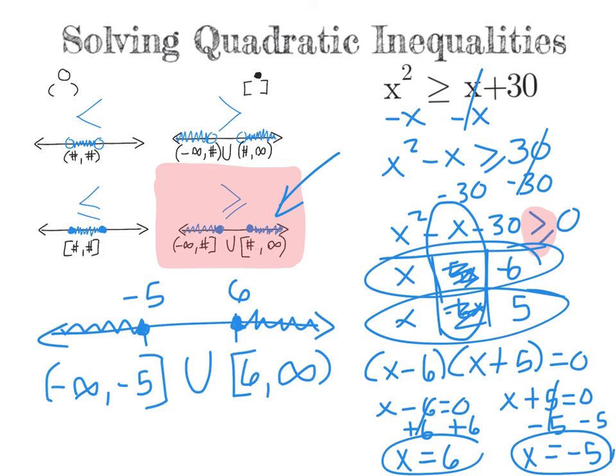So if you have all of this on the left side in your notes, you can use that on your test. You just have to solve the quadratic, put everything on one side. When you solve the quadratic and you find your two points, you've got yourself the rest of your solution. I hope this helps